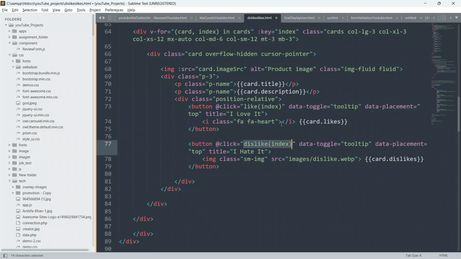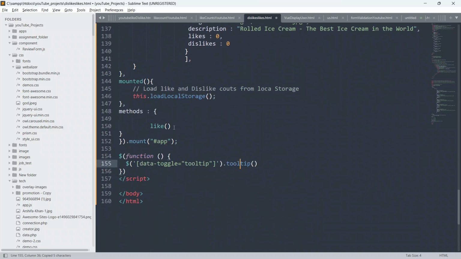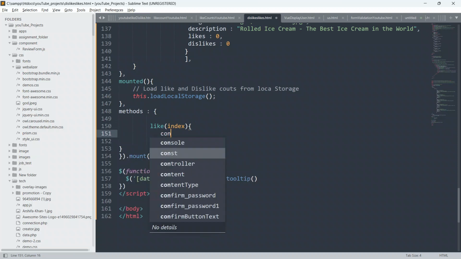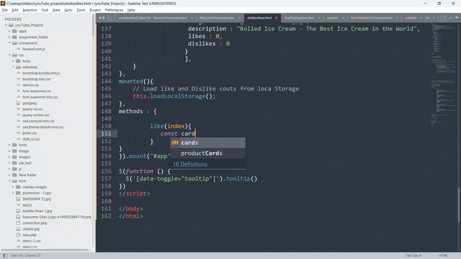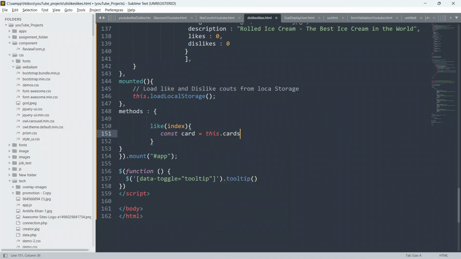As you can see here, I am passing the index as a parameter in this method and in the dislike method also. So just copy this index and we have to receive it here in this like. I will say open and closing curly braces, and const card equal to this.cards, and I will pass index as a parameter.